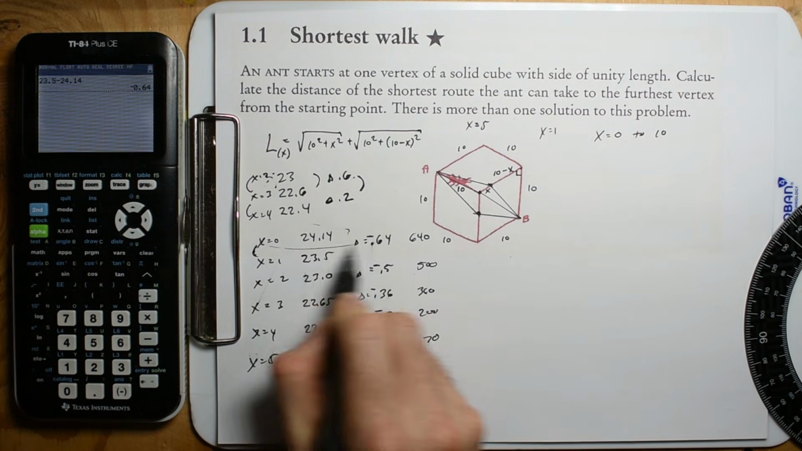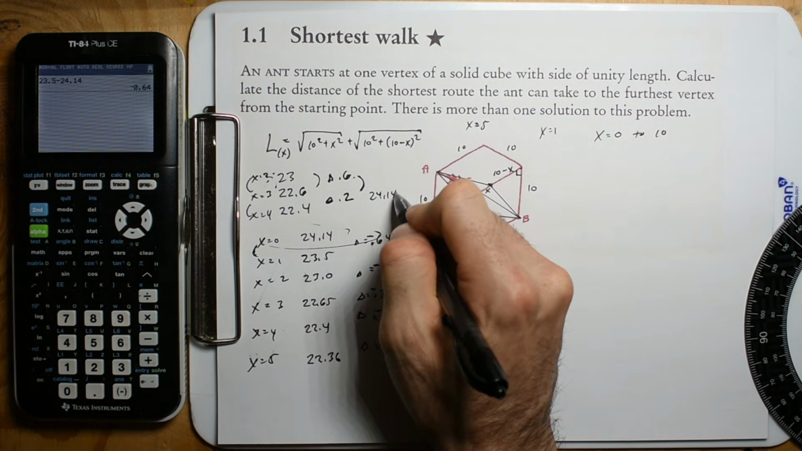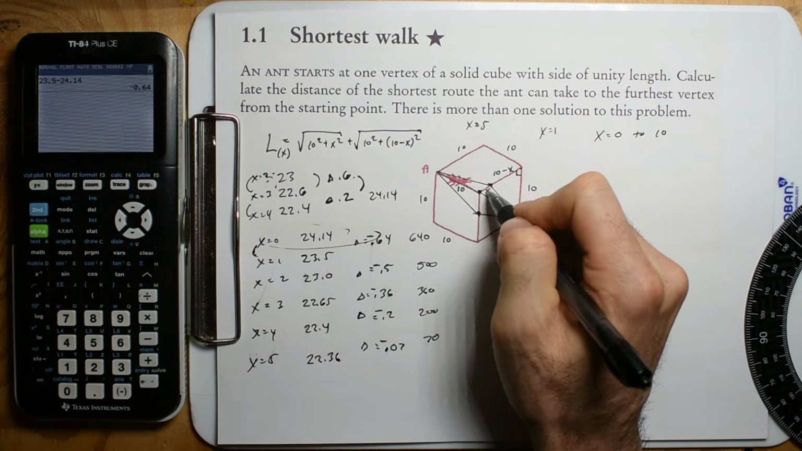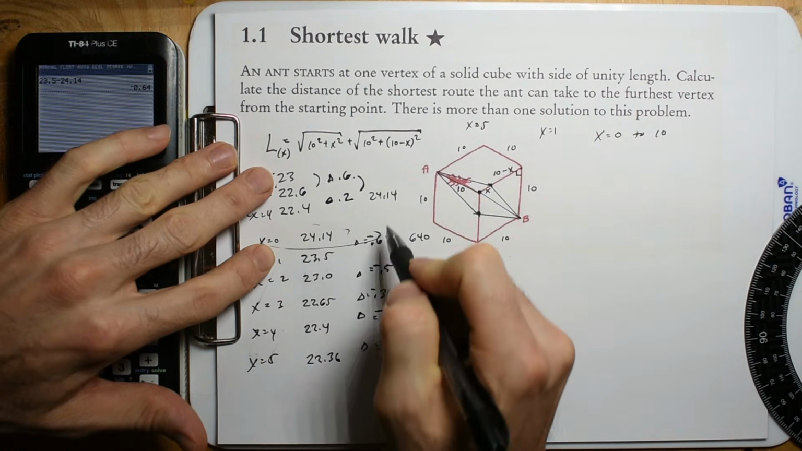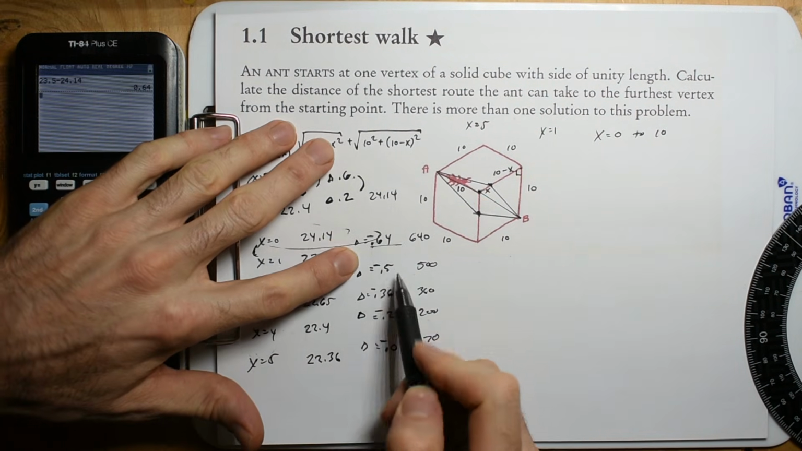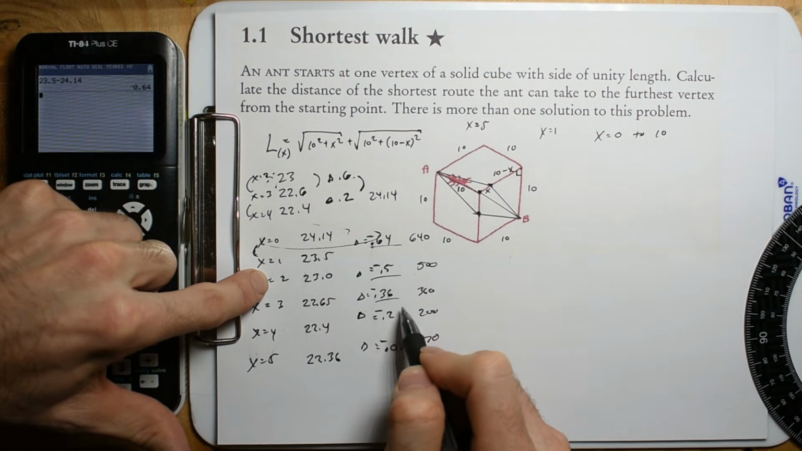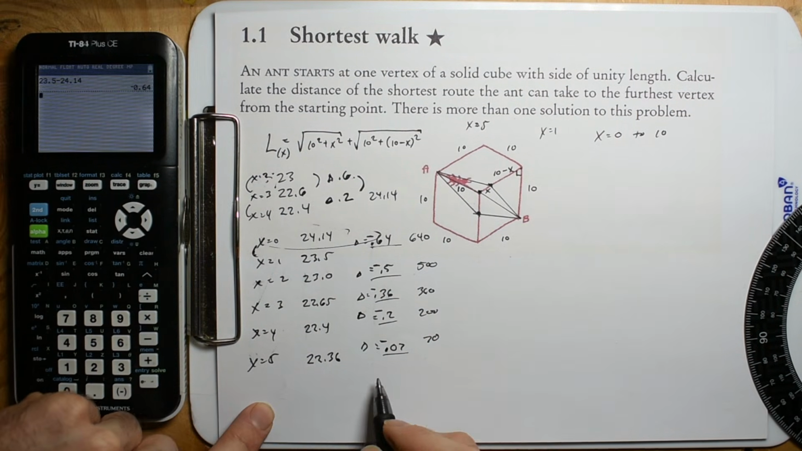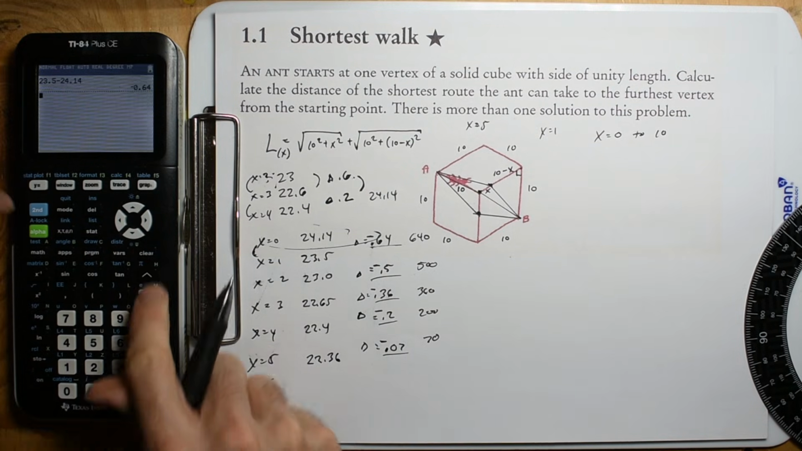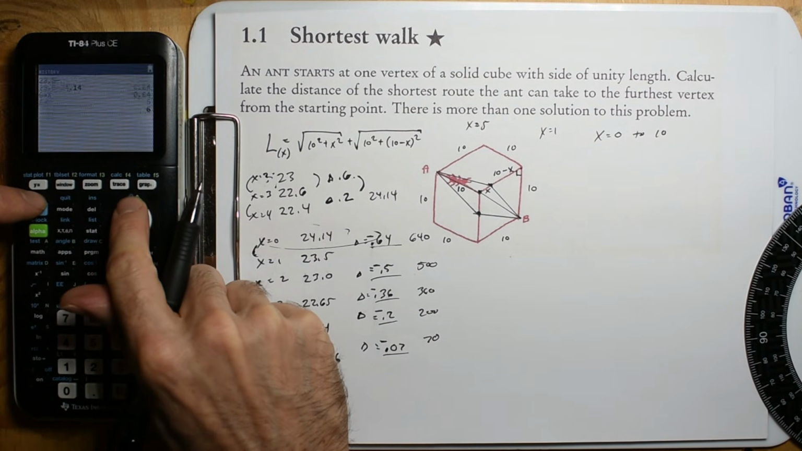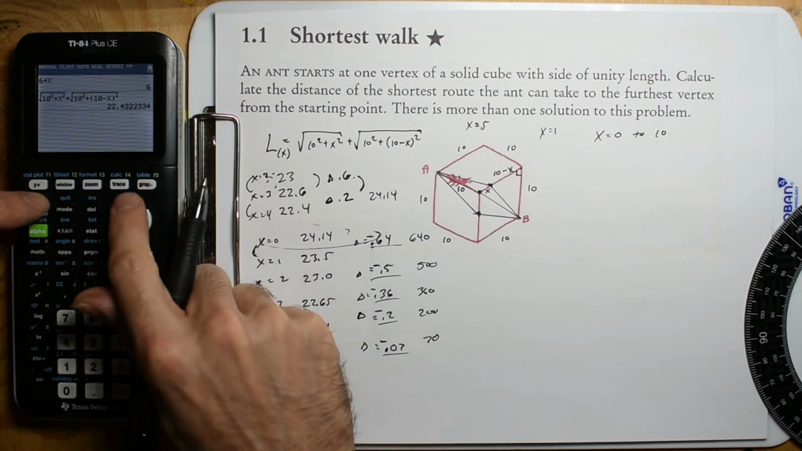So our original guess was 24.14. We change x by 1, and I actually decrease my length. And I keep changing x by 1, my length keeps decreasing. But if I go to x is equal to 6, stored as x, and I get